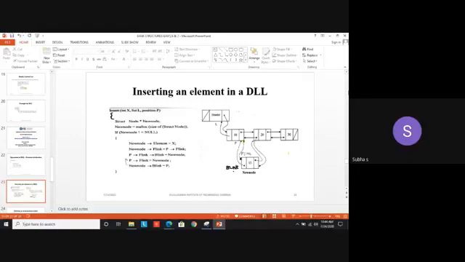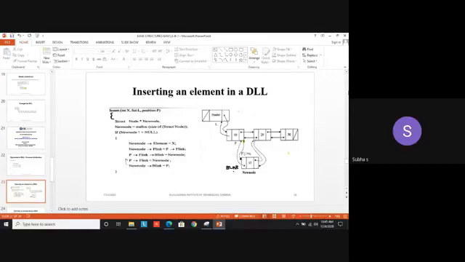You can draw the list in a chain link structure after insertion. It will be more clear. You can write it in your notebook. Everything we won't display in the PPT. You have to do something, then only it will be clear. Okay, so now P arrow F link will be assigned to whom? New node arrow F link.